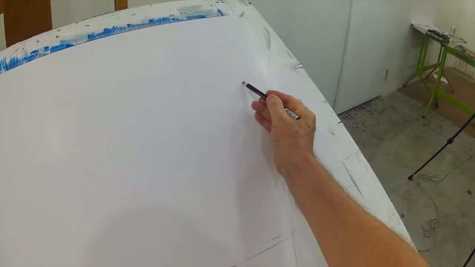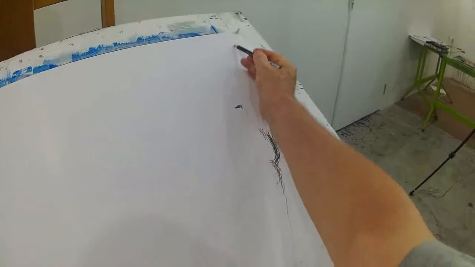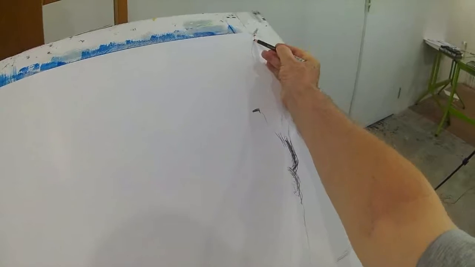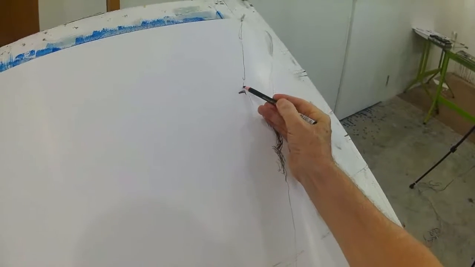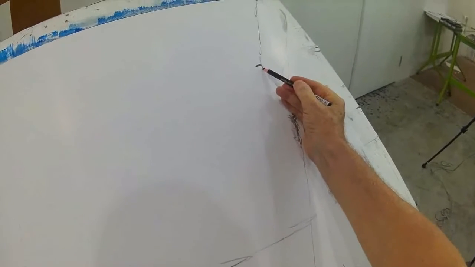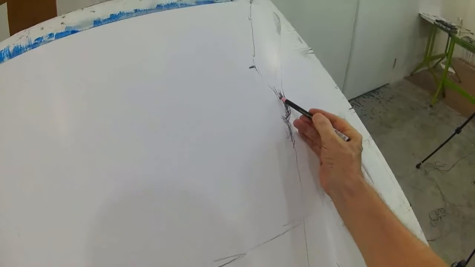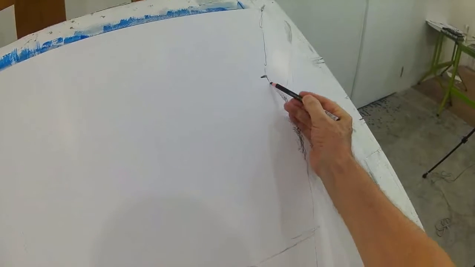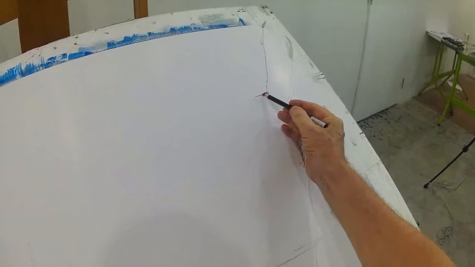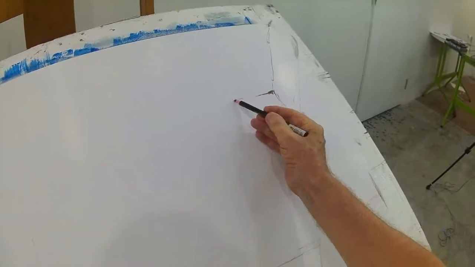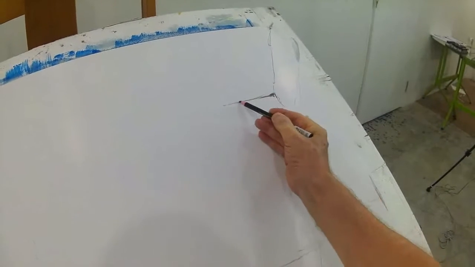So that would place the corner of the paper down here. If I take this as a measure, so proportionally the edge of the drawing paper is now here,